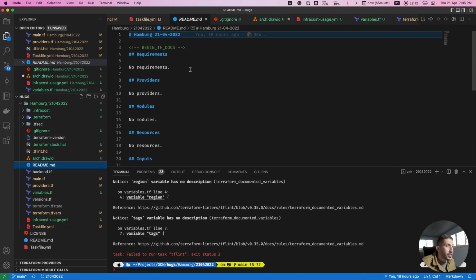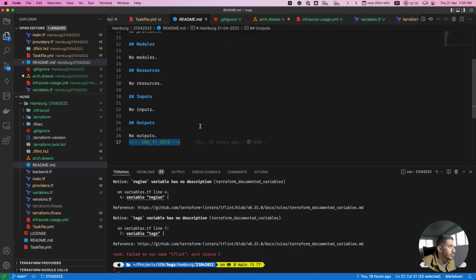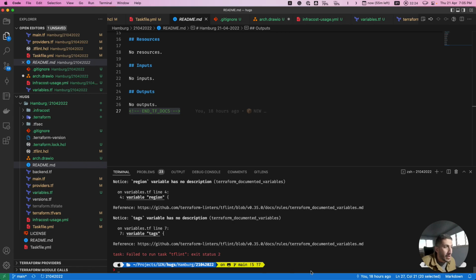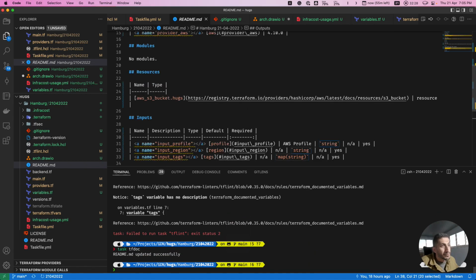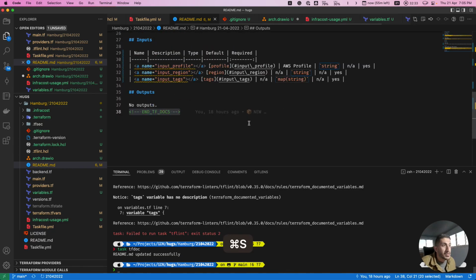So if you have worked with Terraform docs before, you can find that between these comments everything will be affected. So let's generate, now we have inputs and outputs. So let's run task tf doc again, and we can see it's already updated.